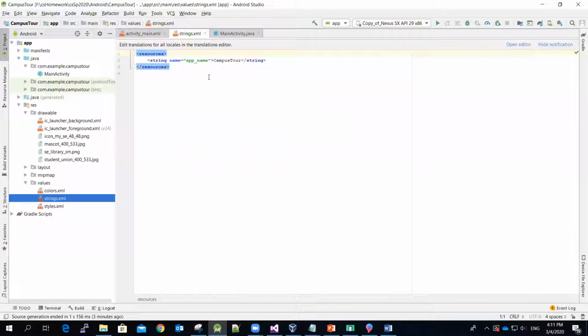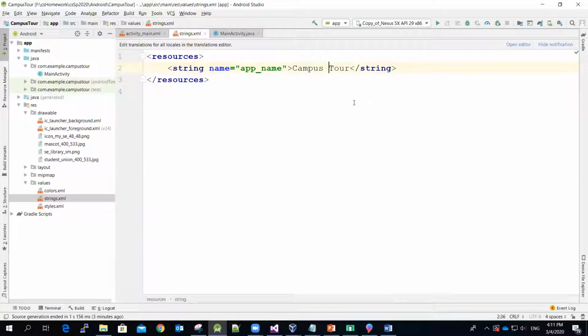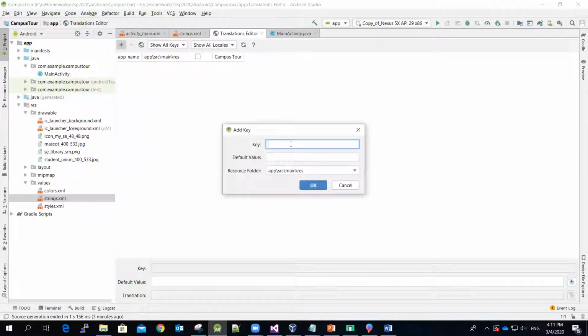Let me double click it. As of now, there's only one key for the application name. So let me put a space in there. Again, increase the font size. Then I'm going to use the editor to add more keys. So I'm going to add one more key called text, and student, student